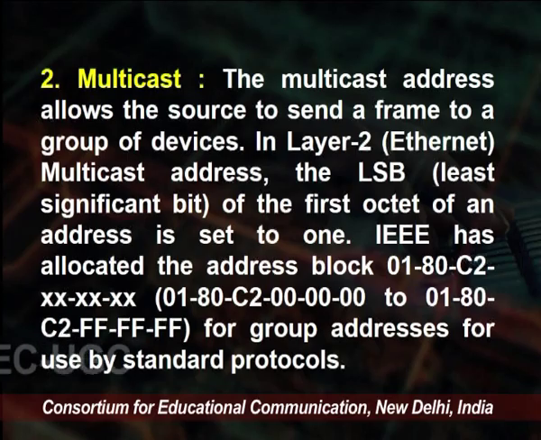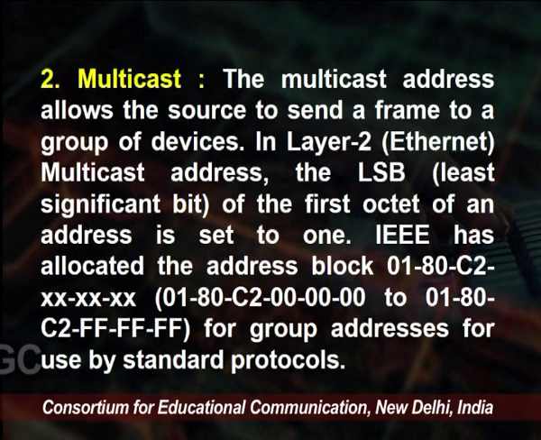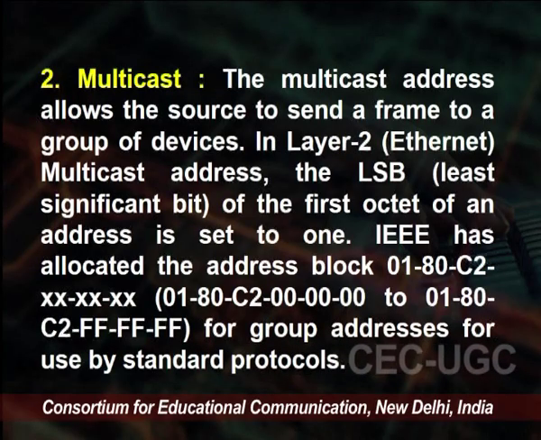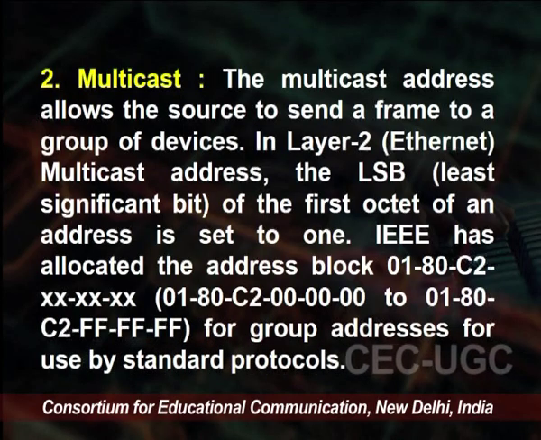Looking into the second possibility, multicast: the multicast address allows the source to send a frame to a group of devices, because the term is multicast, that means it is being sent to multiple nodes. So, in layer 2 multicast addresses, the least significant bit of the first octet of an address is set to 1. For unicast it was 0, but for multicast the least significant bit, LSB, of the first octet of an address is set to 1, and the IEEE has allocated the address block